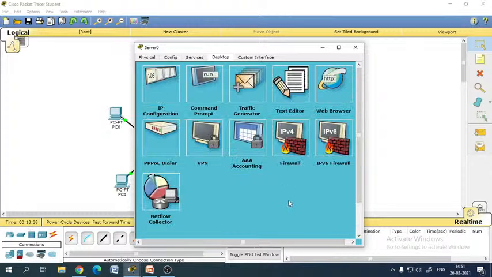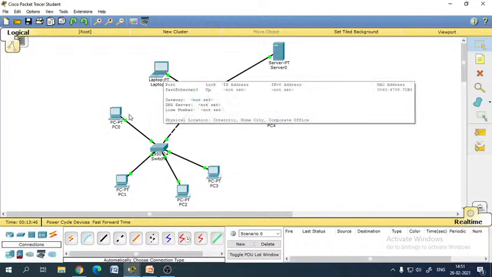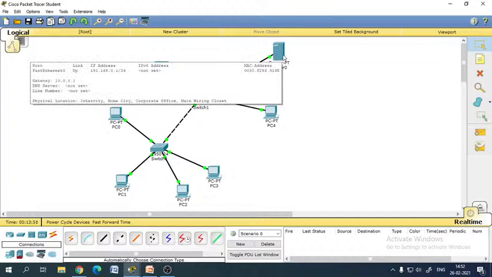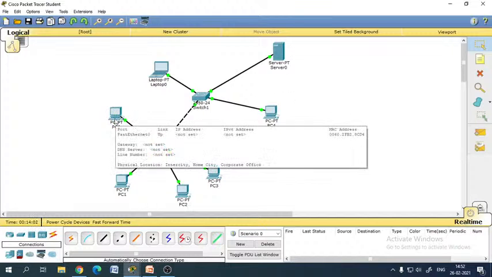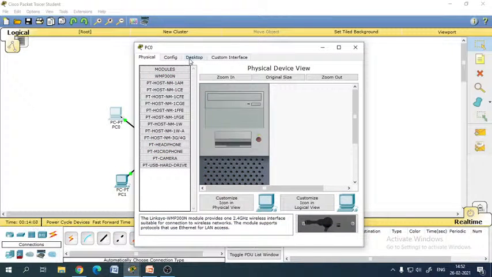Once we close that, our server is accessible, but we have not provided any IP address to the server or any of the clients. These are all clients. To make sure they behave like clients, we have to allocate the dynamic host configuration protocol to the server. So we go back to the server, or rather we can go to any one of the desktops. Say I left click on PC0 and go to Desktop